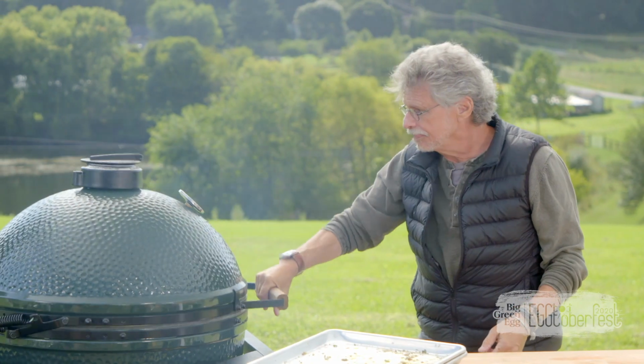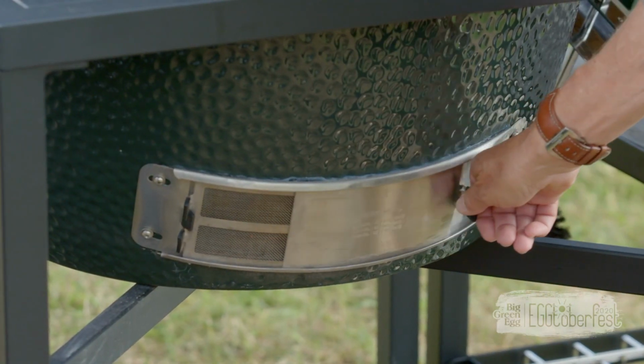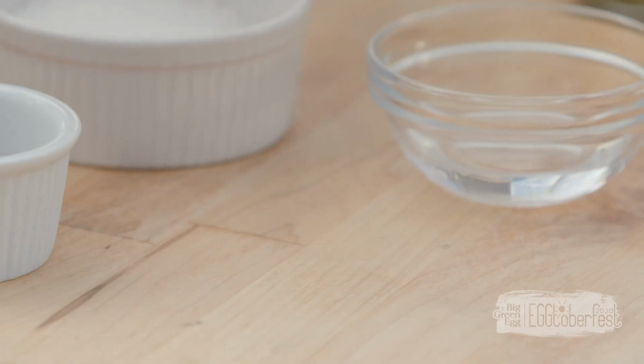Close the grill. Adjust the vents to obtain an internal temperature of about 400 degrees. Cooking time about 40 to 50 minutes. Meanwhile, let me show you the pepperoncini vinaigrette. It starts with Dijon-style mustard,